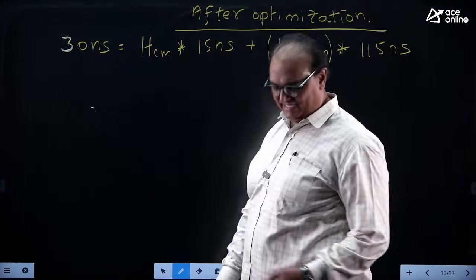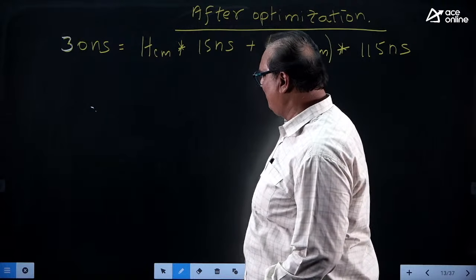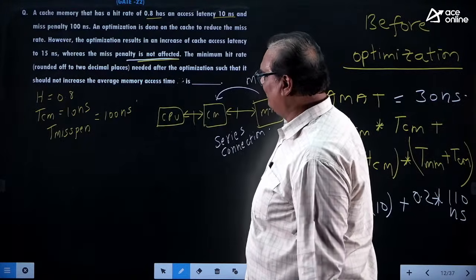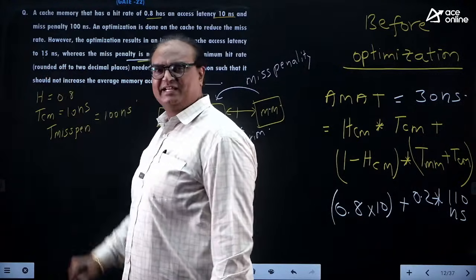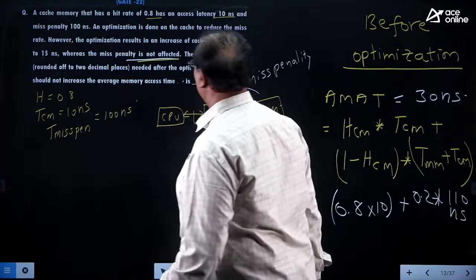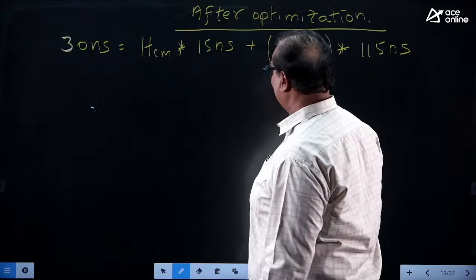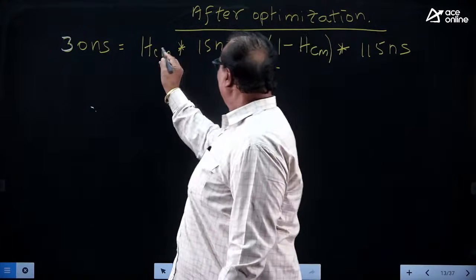Why? TMM has been increased to 115, since TCM has been increased to 15 nanosecond. That's why, if you put these values here,